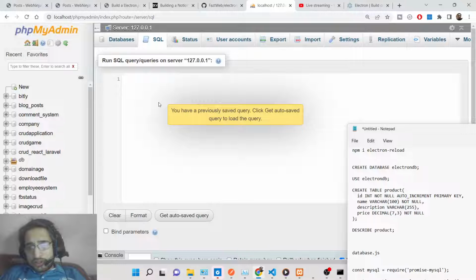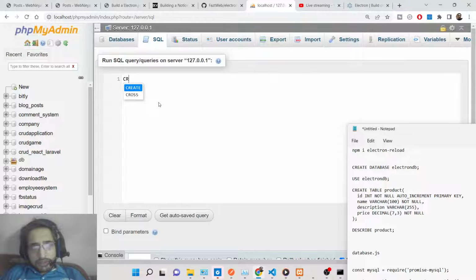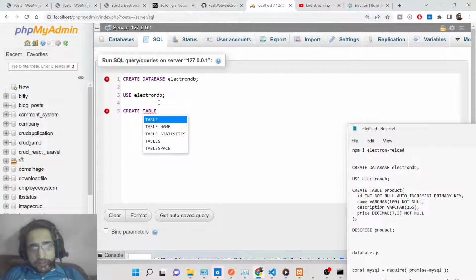Basically in order to create a new database, we will use the create command here. So create database followed by the database name. In this case guys, we will create Electron.db, which will be the name of the database, and then we will use this database guys. So we will use this Electron.db, and then we will create a table inside this database which would be called product, and which will contain